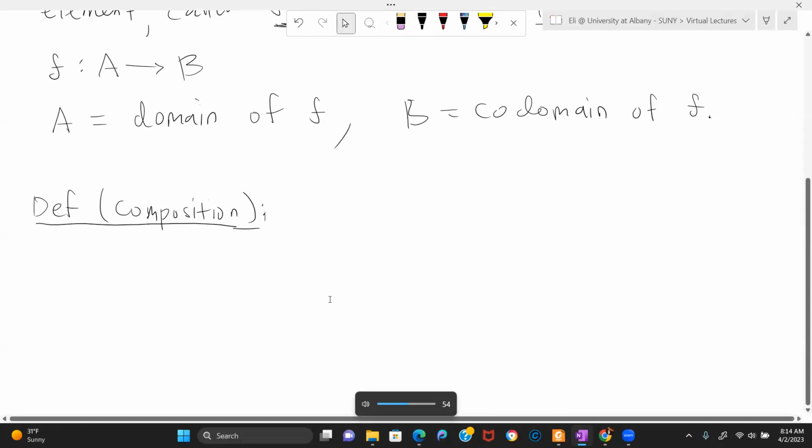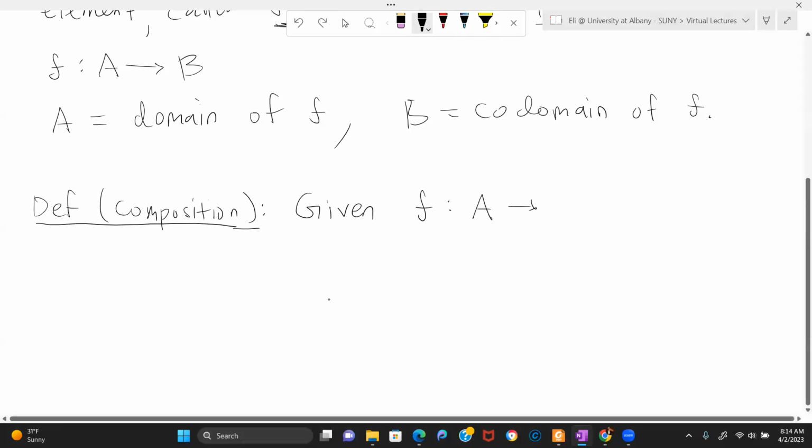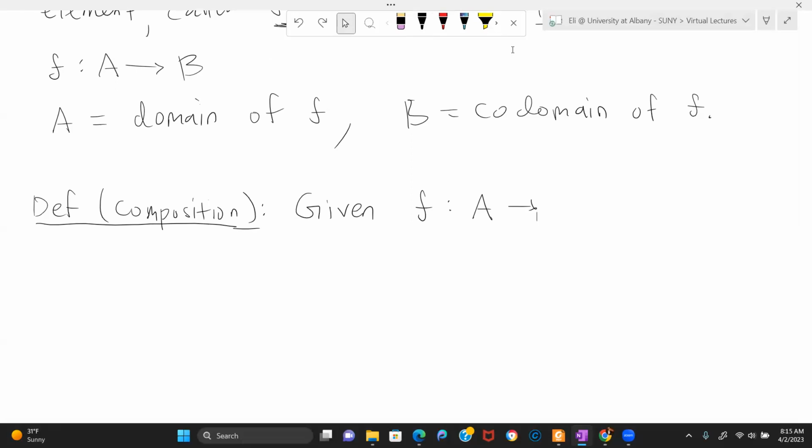Okay, so given, say f goes from A to B, oops, doesn't seem like my microphone's picking up anything. Hold on. I don't know. Hopefully, yeah, okay, now I see it works. Okay. Anyways,